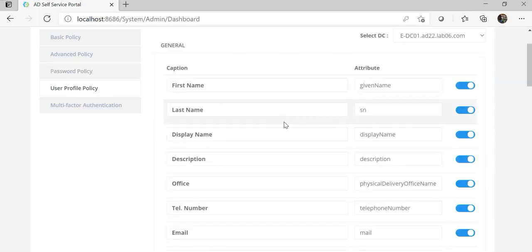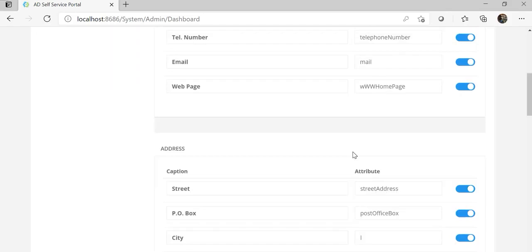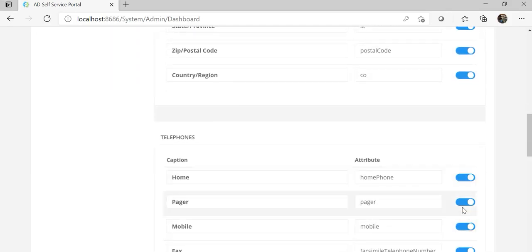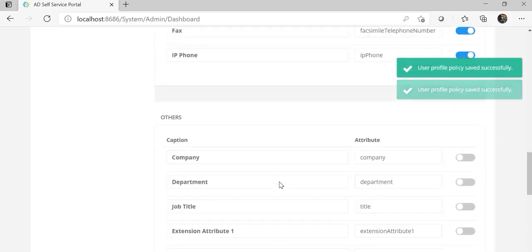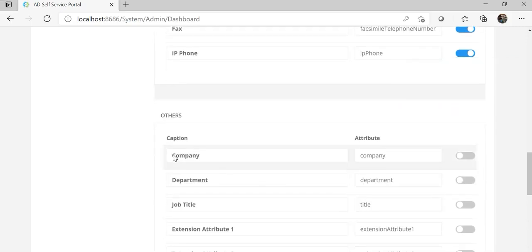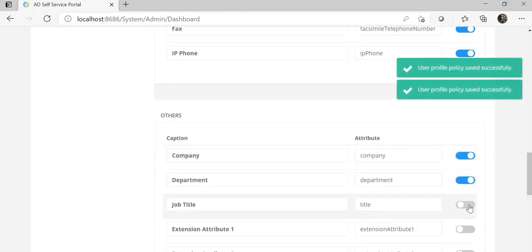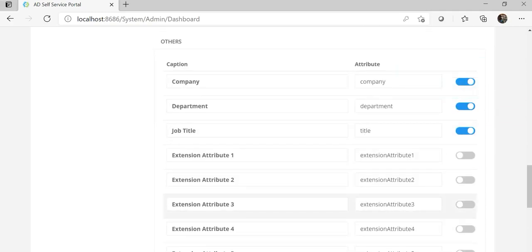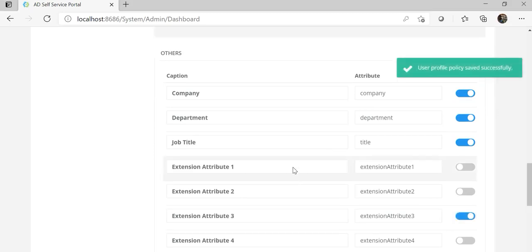For the profile, you can enable or disable any profile attribute. Let's say pager should not be displayed in the customer interface, then you can simply disable it. Other attributes like company, which is not enabled, you can simply turn on or turn off as needed. It is very easy to configure. So once it is done,